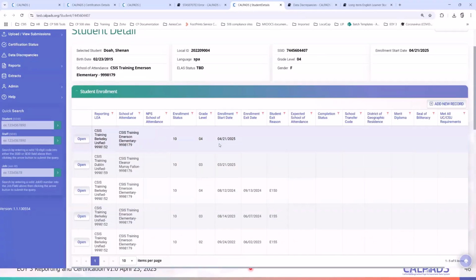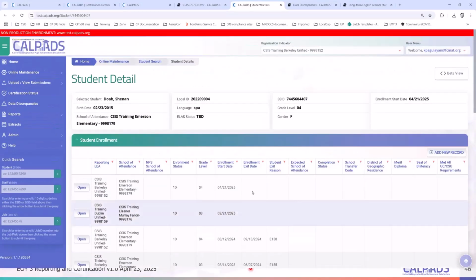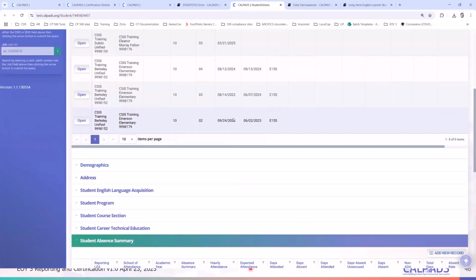So the student was there on April 21 and then this as well, right? So what this means is that you're claiming that the student had a full 180 calendar days at the district. However, we can't figure it out because there is no endpoint here, right? So this happens for students who joined you in the later part of the year, and then you've submitted the STAS file ahead of the SENR exit.